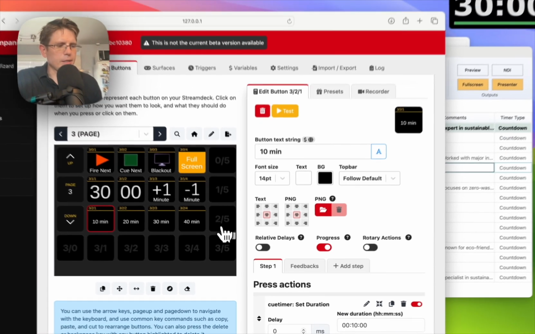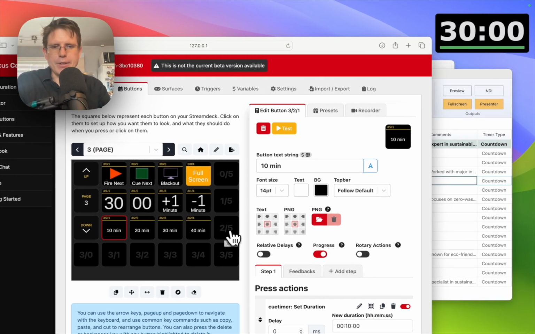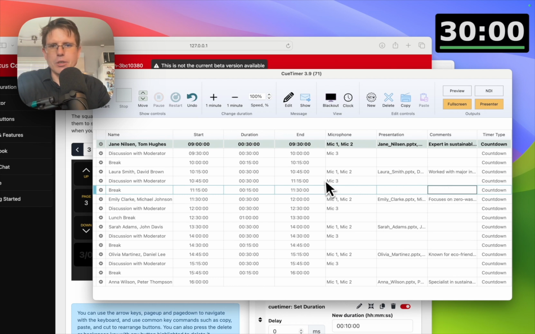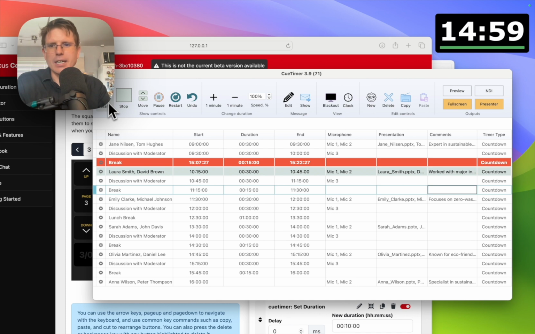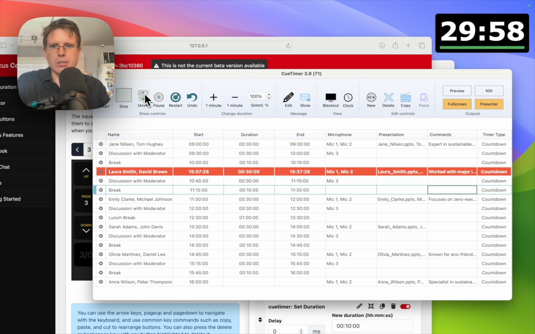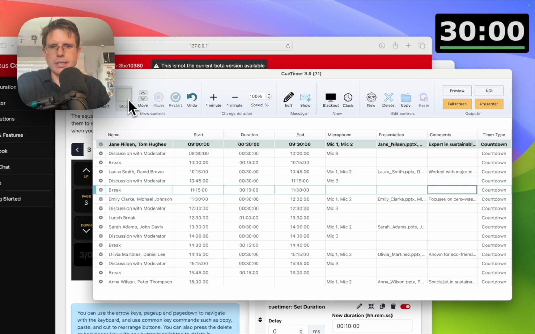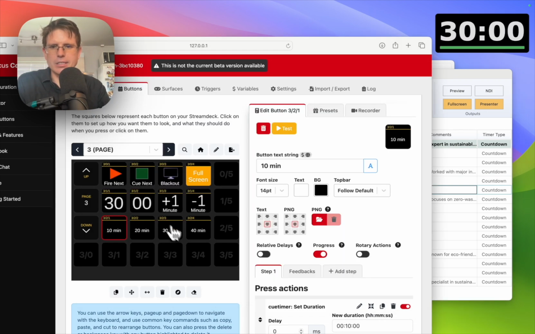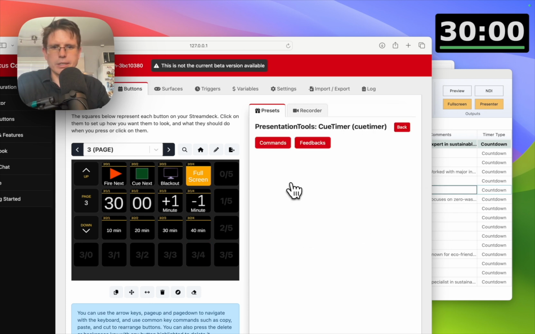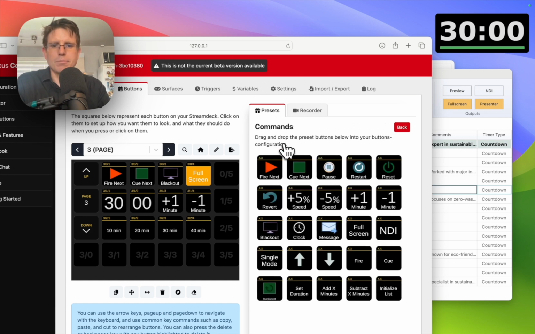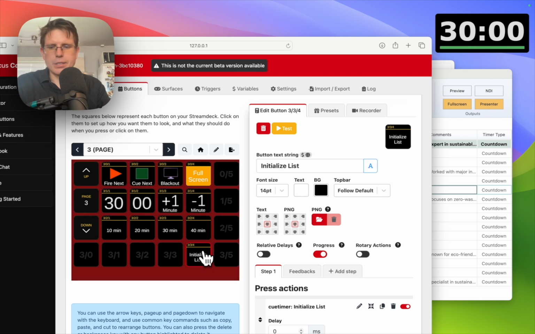So now we have this page ready, and everything is ready except now when you push start, this is going to go down in the list, and this is not going to work for us because we're not going to watch this list during the show. So instead we need to initialize the CueTimer workspace, and you can do this with this button here in Companion called initialize list. Now when you push this, I'm just going to do it by pushing the shift button here,